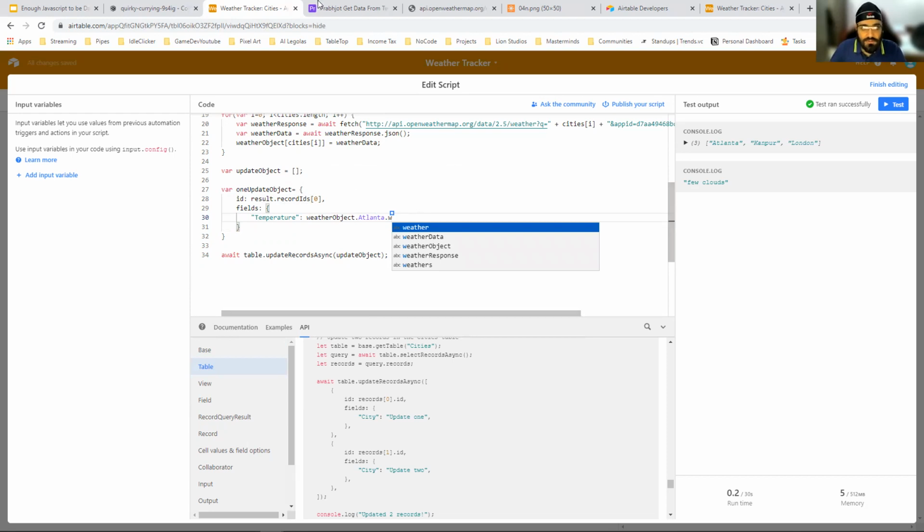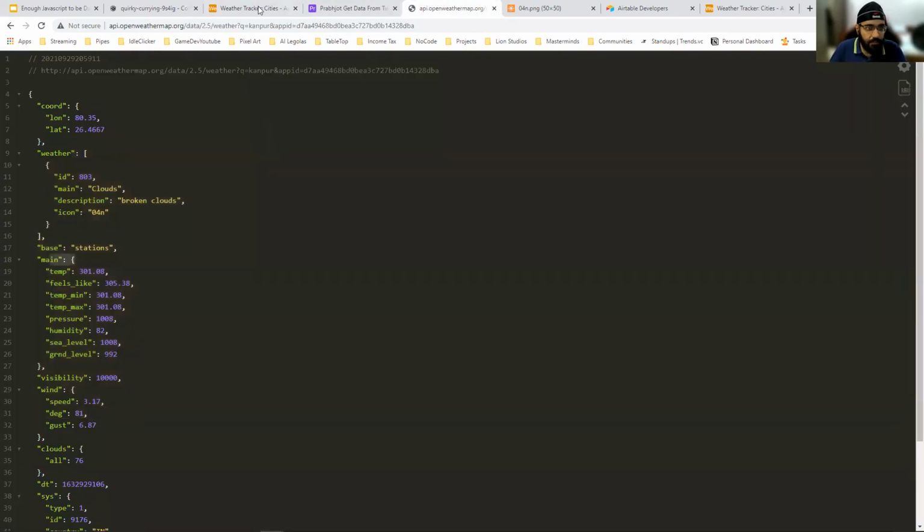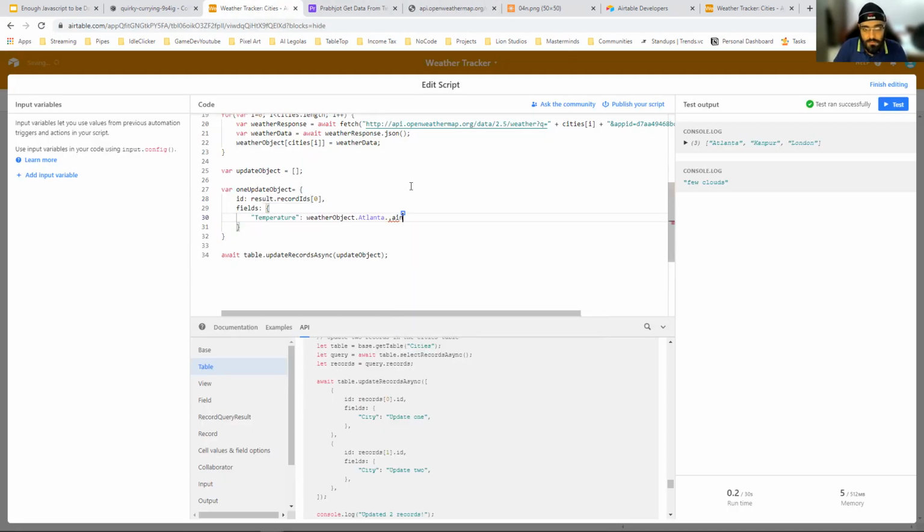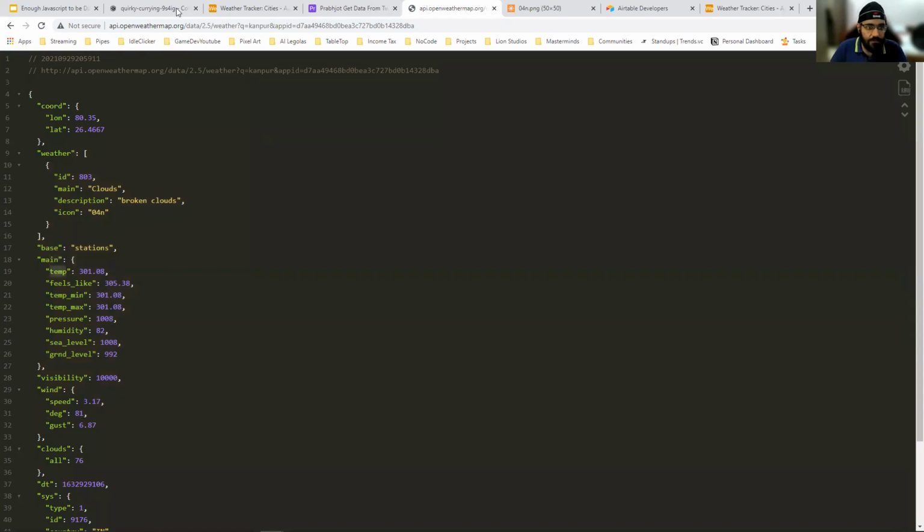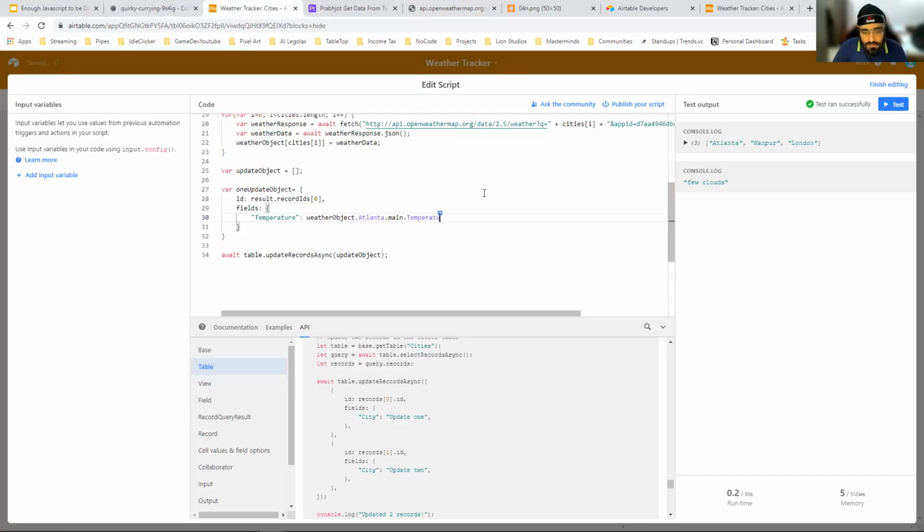I forgot the structure of it. So it's dot main. Okay. So it's main dot temp. Cool. Let's say this is one update object, and we'll just use this for now and see what happens.